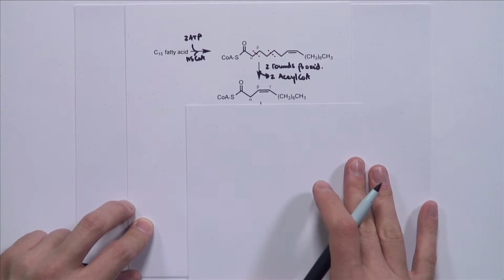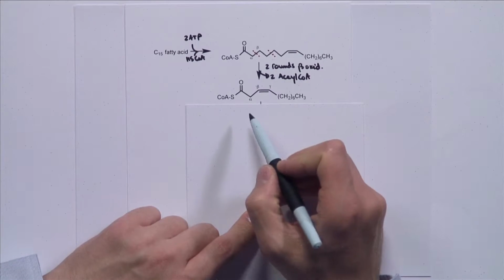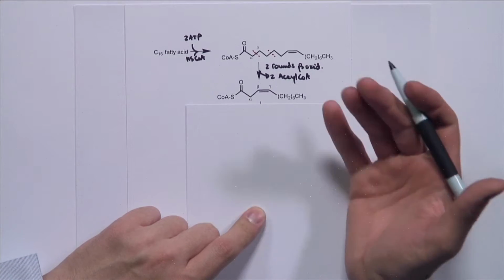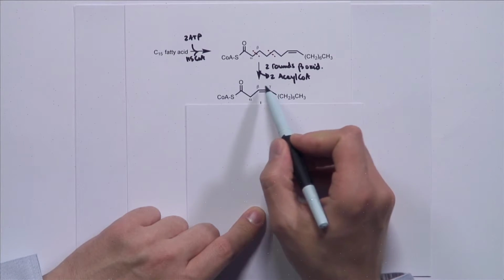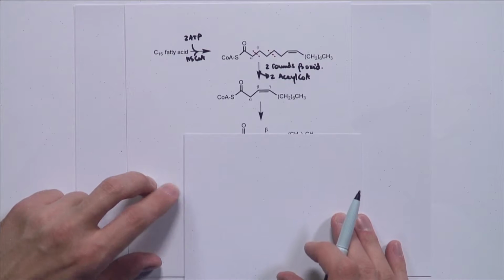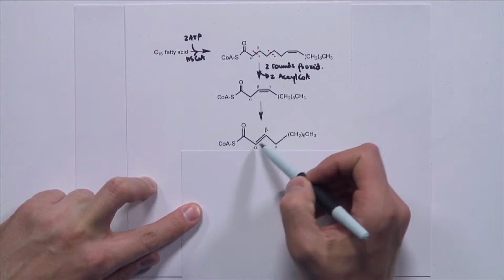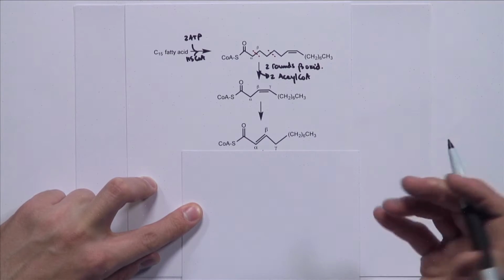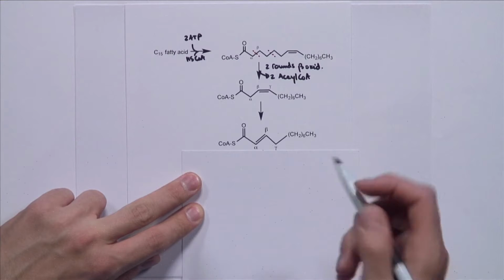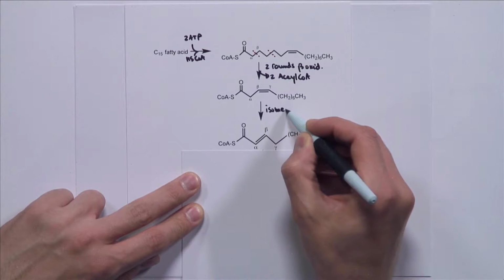So we get this fatty acid thioester, which contains a beta-gamma double bond. Now it turns out there's an enzyme that can isomerize this double bond into an alpha-beta double bond. So this is what is going to happen next. The double bond moves from the beta-gamma to the alpha-beta. Now this looks a lot like an intermediate in the beta oxidation. Once again, this reaction is catalyzed by an isomerase.